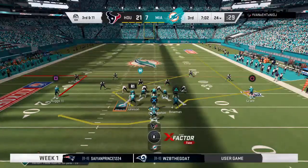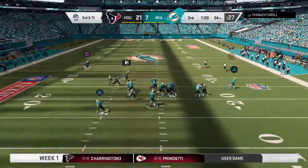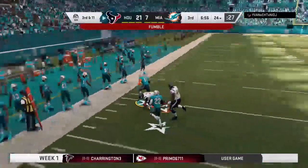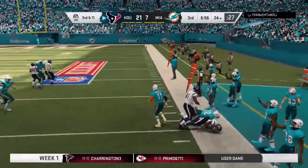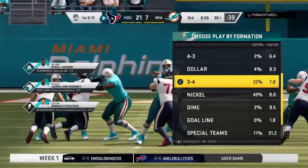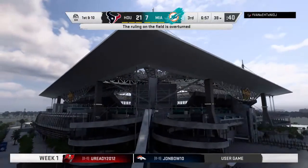This offense in desperate need of a conversion as they come up on 3rd down. Newton now to throw. And he lost the football. And the Texans scoop it. Well, they have possession, and they have it at the 38-yard line. Well, he did what he's known for. He made the catch, then he turned into a runner, took the contact, and